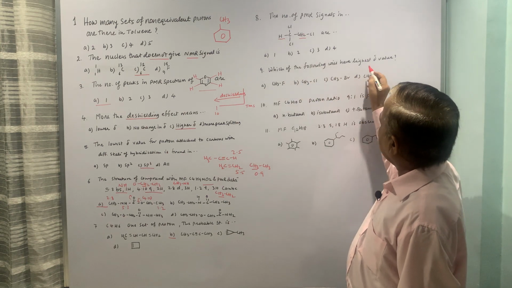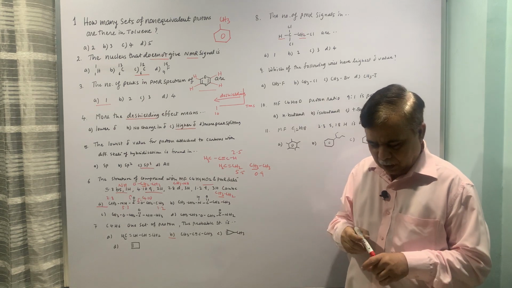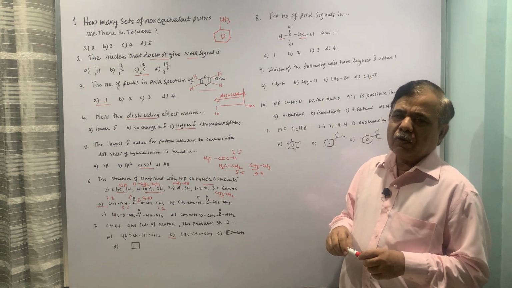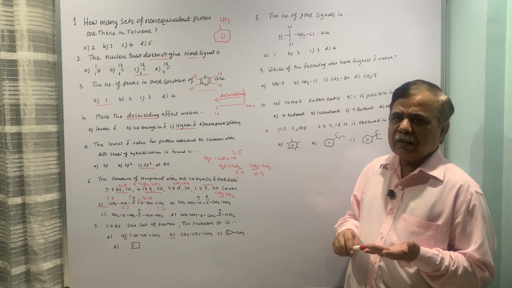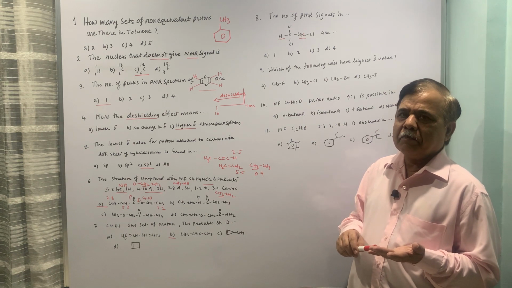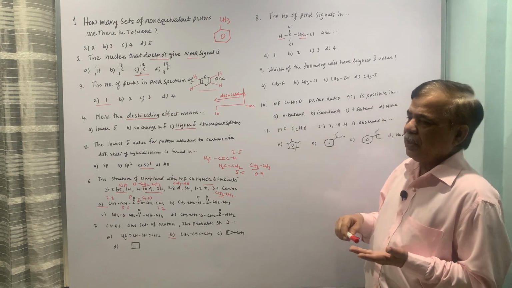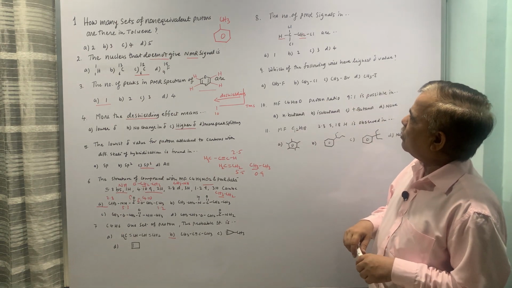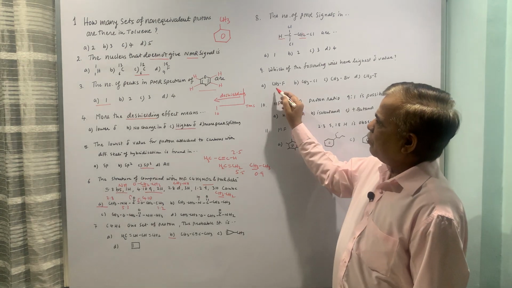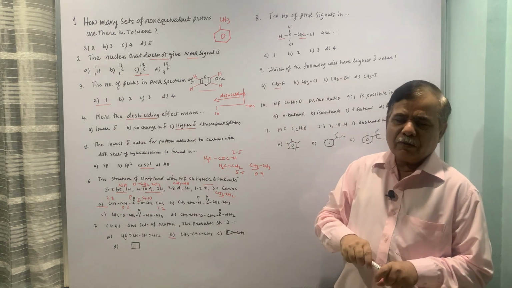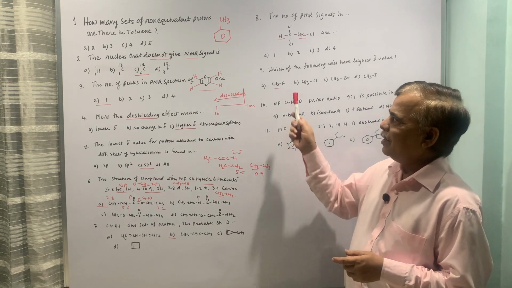Which of the following will have the highest chemical shift value? Chemical shift value can be controlled by many factors. One of them is the inductive effect. The minus I effect is the factor to be considered in this case, because we are dealing with 4 halogens: fluorine, chlorine, bromine, iodine. The electronegativity of fluorine is highest, and obviously this methyl is going to have a higher chemical shift value, or more deshielded methyl protons.